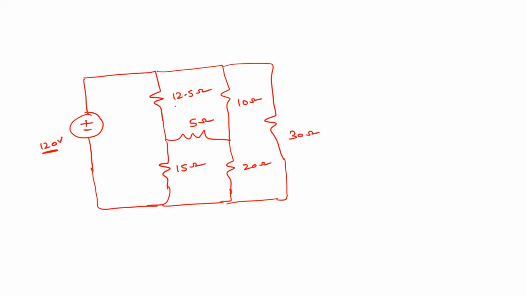For example, if you see this 12 ohm resistor, this 5 ohm and this 10 ohm, this is forming a delta shape, right? So this is one delta, this is another delta and this is another delta. This 12, 10 ohm, 20 ohm, that is 30 ohm. So there are 3 deltas. And if you carefully observe, this is 5 ohm, this 10 ohm, and this 20 ohm. So this is forming a star connection. Agree?